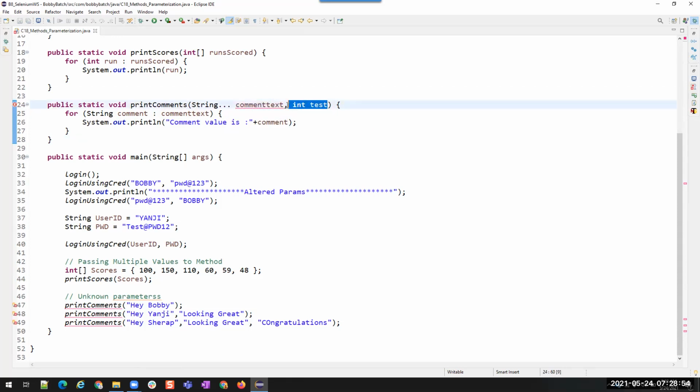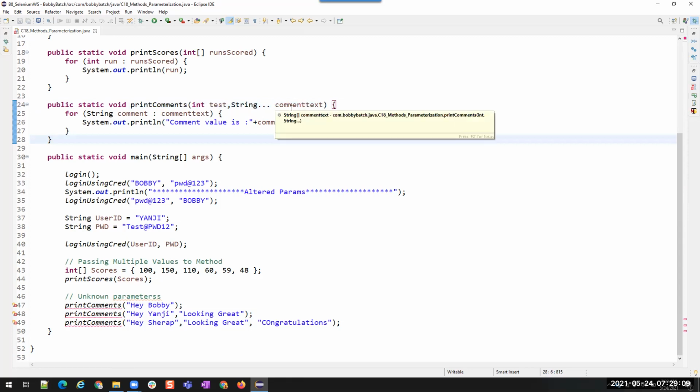Okay. Let me cut this for example and then paste it here. You see now the same parameter, but it is not throwing any error since it is the last parameter. Understood?